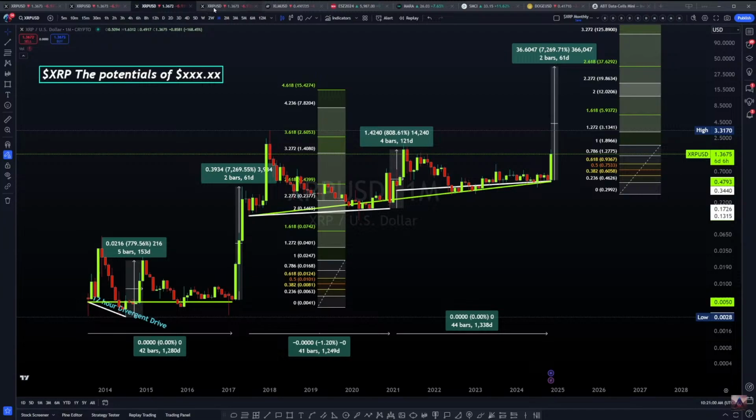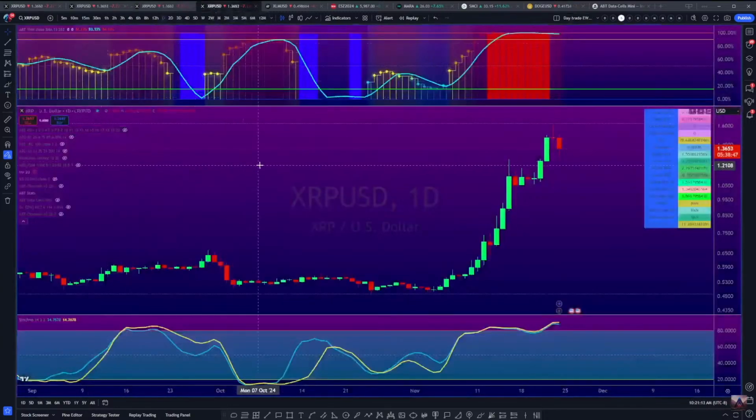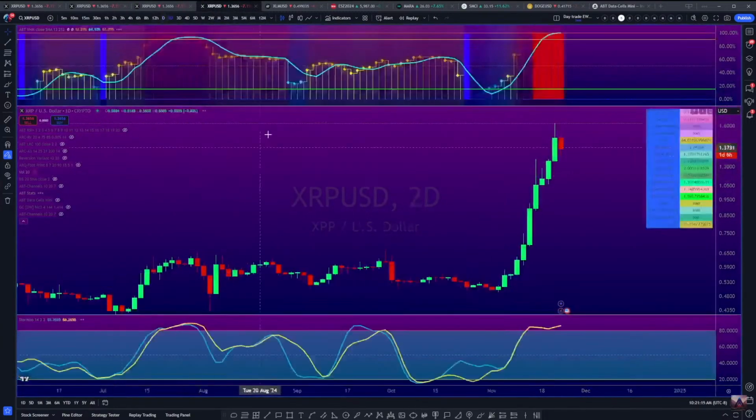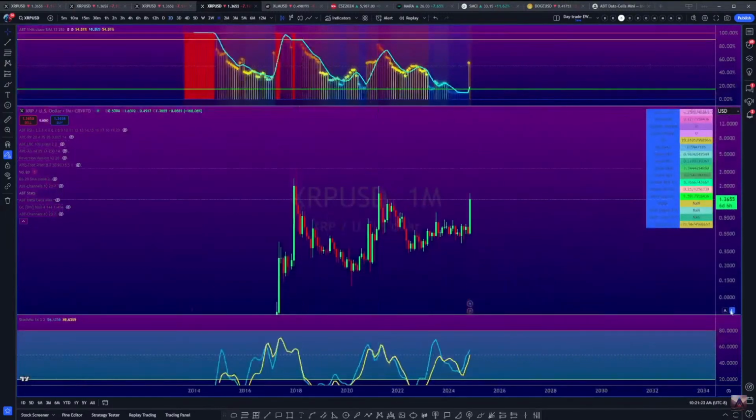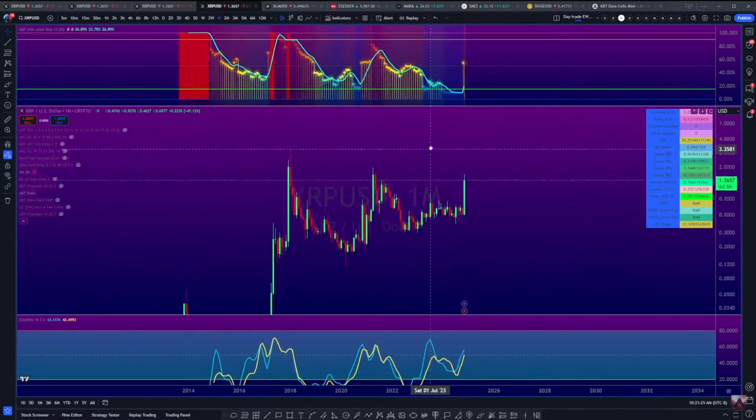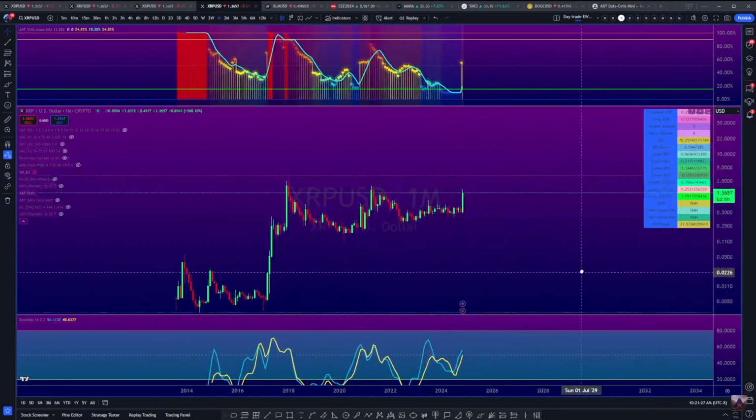Now, to back this, you guys know very well that I will never act on just psychology. I need physics there. I need physics. If it's not there, I don't take it. Let's go ahead and take a look at fact number 1. This is the all-time history of XRP.